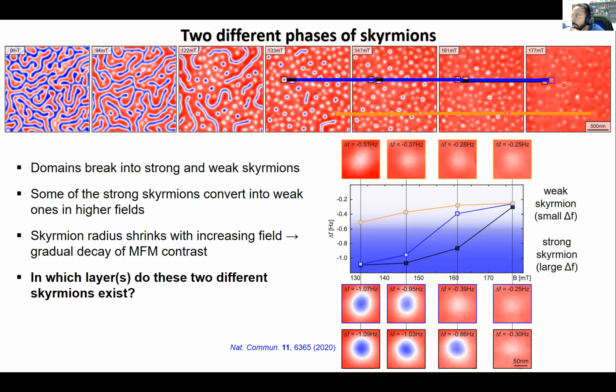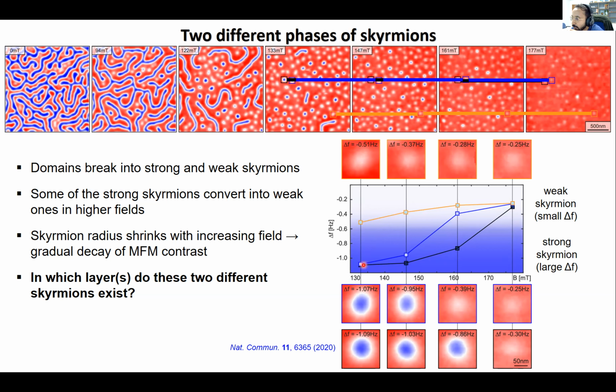And at the end, we have only the less bright chiral structures, right? So then we take only 3 skyrmions. So we choose 1, 2, and these 3 skyrmions, black, blue, and yellow. And then we try to see the evolution of the skyrmion intensity as measured by the MFM in this graph.